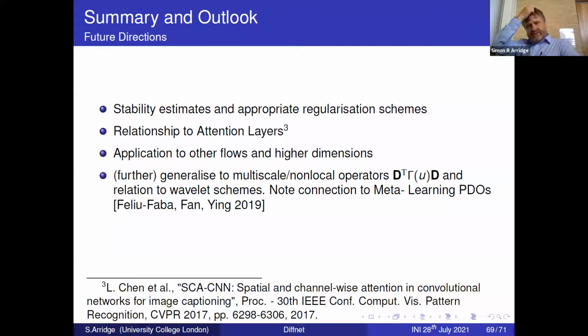There are a lot of aspects we still need to understand. We need to analyze stability estimates, and the regularization schemes are still somewhat simplistic because they're just relying on the regularization being learned through this already present structure. Whereas, of course, we could add some other regularization scheme at the end of the process, for example, a learned denoising regularizer. But again, this would detract from interpretability.